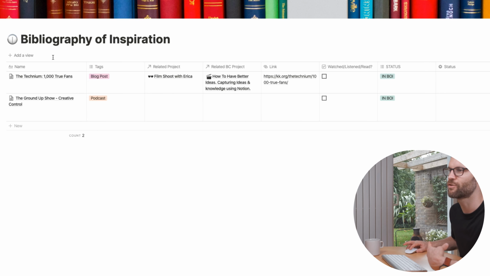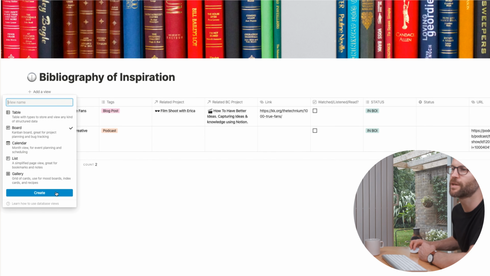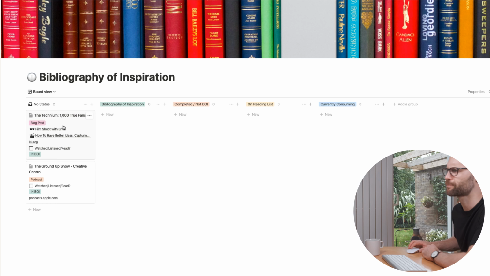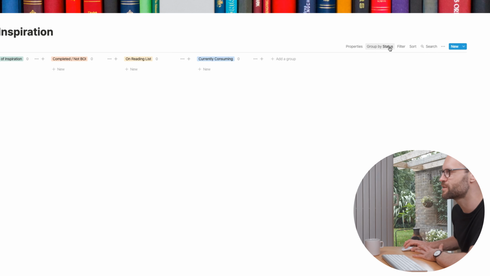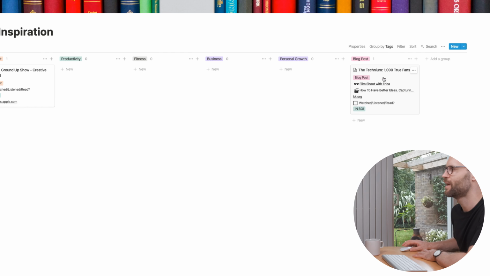So I can create, and you may have seen this in the previous video with my tasks, a board view. I'm going to create that. There it is. At the moment, the board view is grouped by status, and that's fine, we could do that, but I actually want to group it by tags. Once I've grouped it by tags, you'll see that this one comes up under podcasts